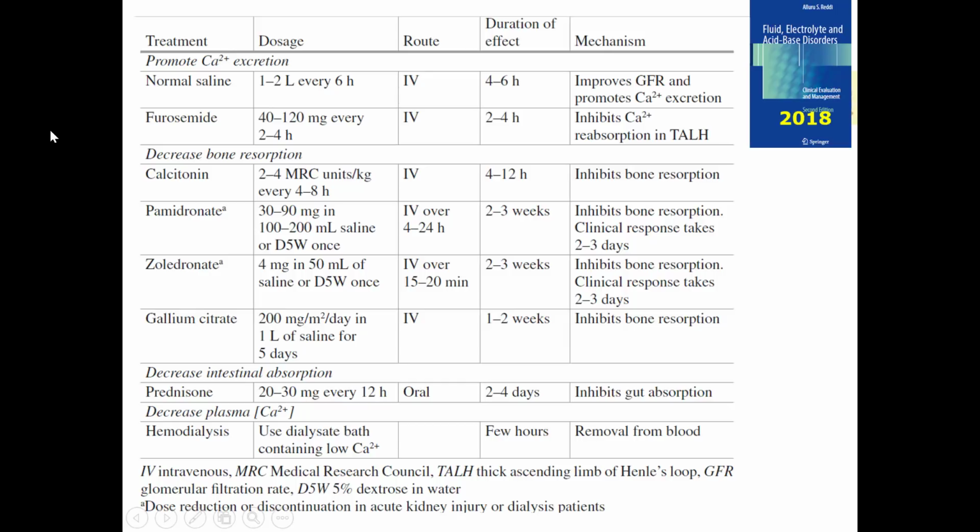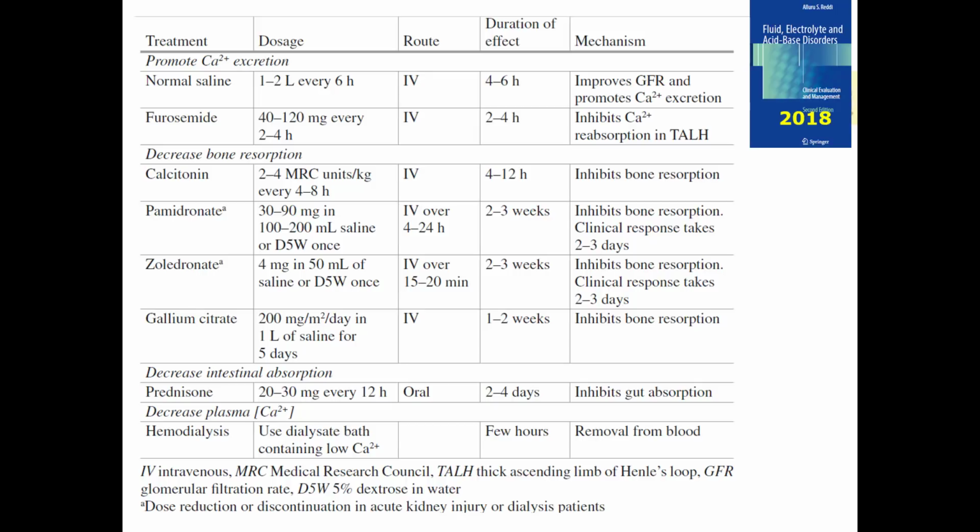Treating bone resorption by giving calcitonin, pamidronate, zoledronate, and gallium. All of these drugs are given parenterally, and the mechanism is to inhibit bone resorption. Decreasing gut absorption by giving steroids, prednisone, which inhibits gut absorption. And the last resort for the cases with severe